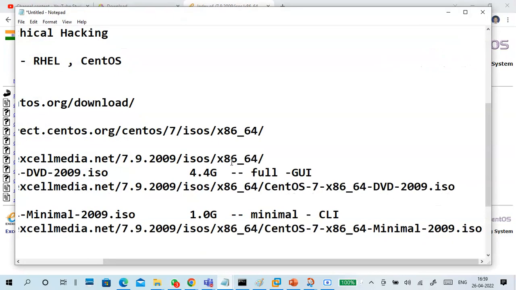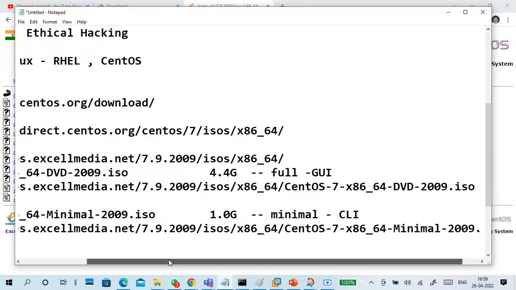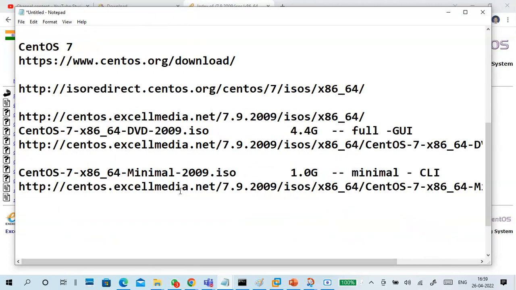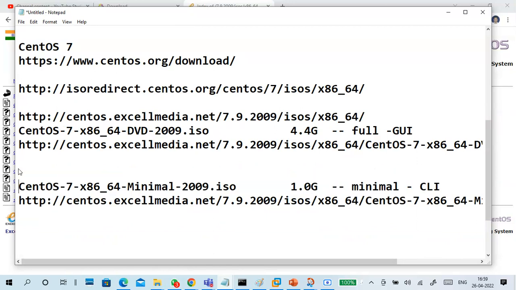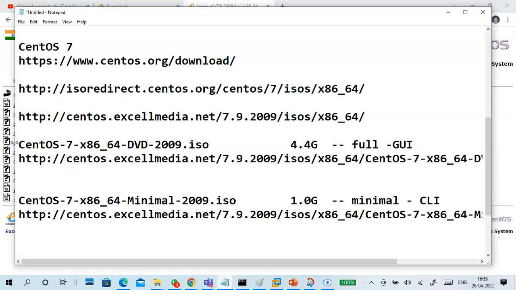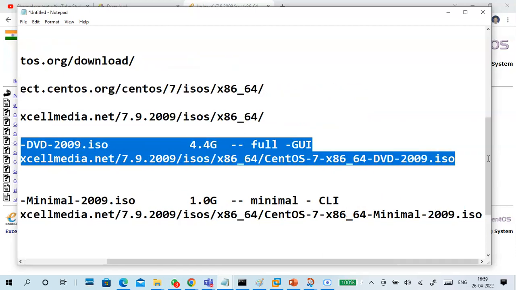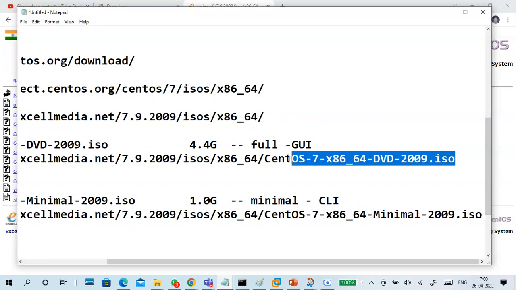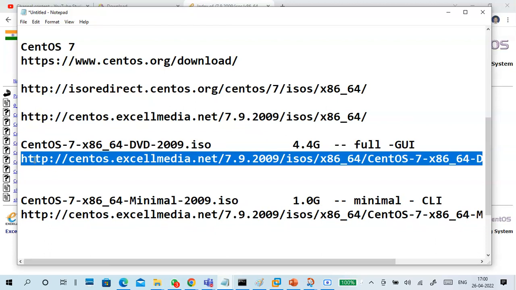If you want to know, you can install that one, that is completely your wish, but currently use this one only. So directly you can open this link. This is the actual link. Just copy this link, paste it in your browser, and it will start downloading the minimal.